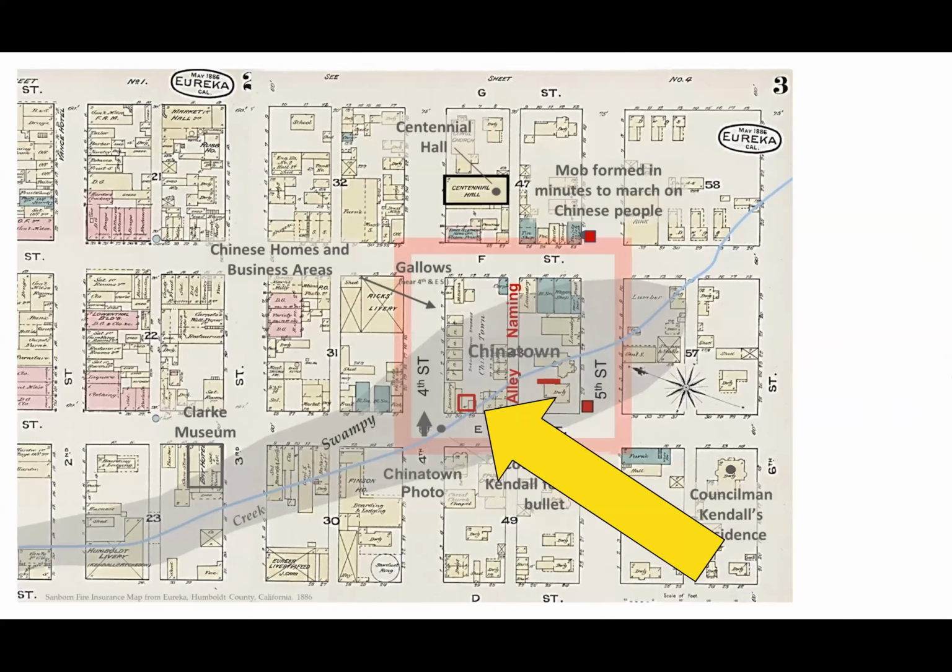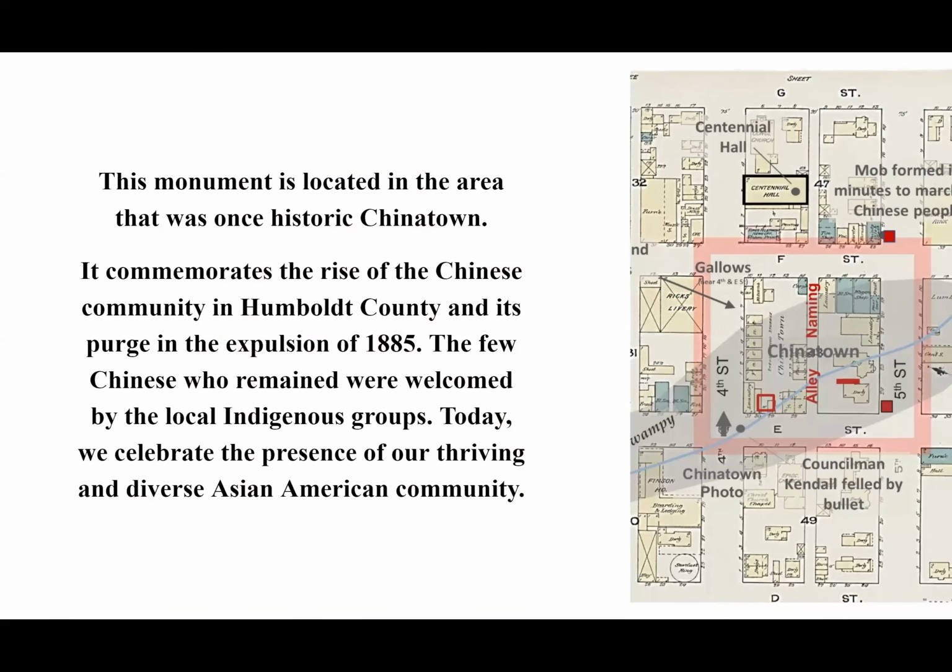And the hope is that that's going to be up by the beginning of May, and I'll talk a little bit about that. And the project all began with this idea of putting a plaque at the site of Chinatown, and that has not gone away. That is still here. So the plaque that will be going with this monument is going to have this text